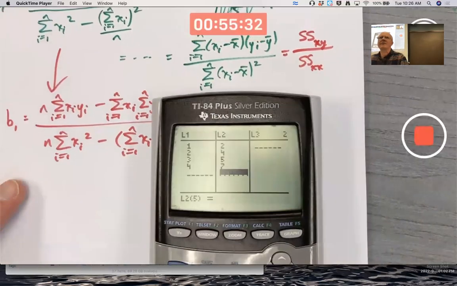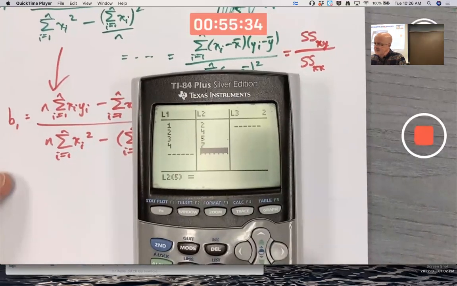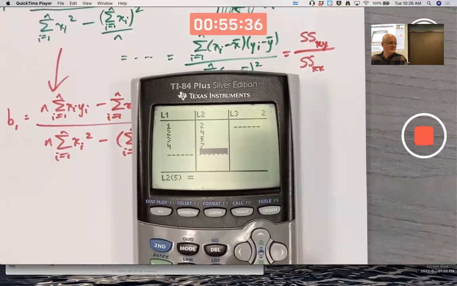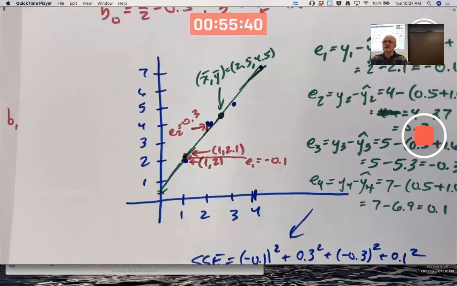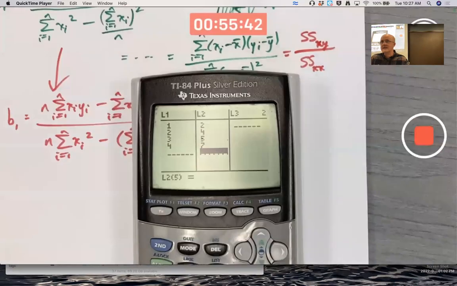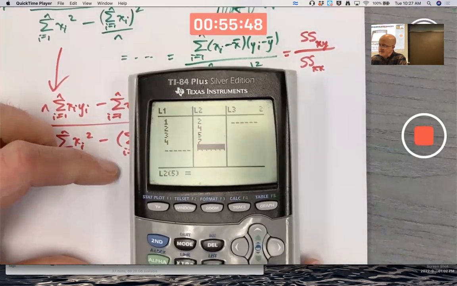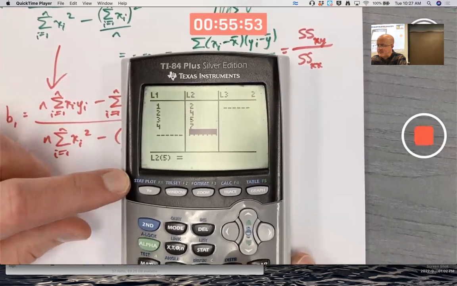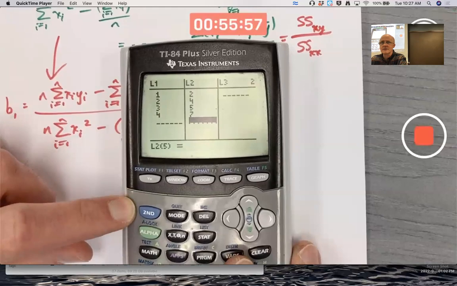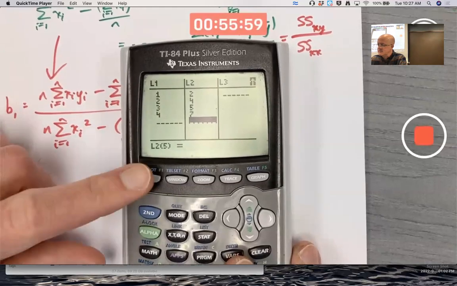Let's go ahead and make a plot first. You can make a scatter plot, effectively what I made by hand here, of just the data. You can also put the regression line in there, but I'm not going to do that right away. Notice on a TI-84, at least, that my stat plot menu seems to be above my y equals, but I got to use my second function. Second function, stat plot,